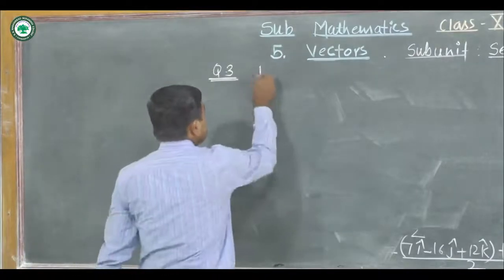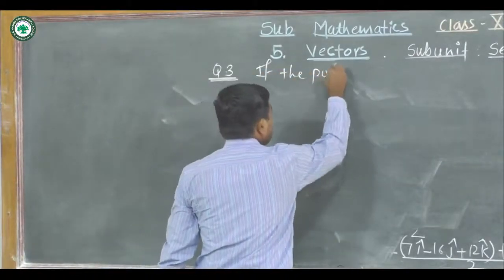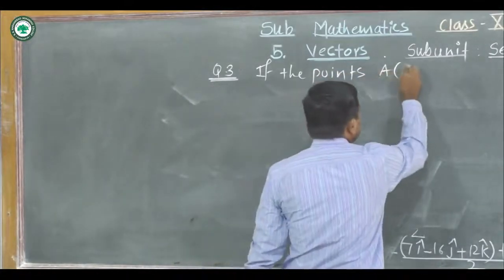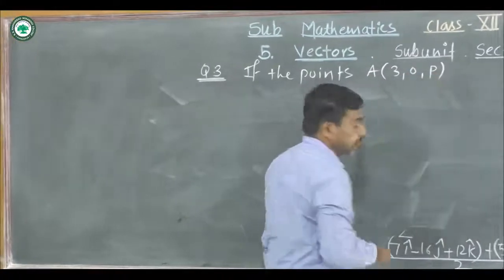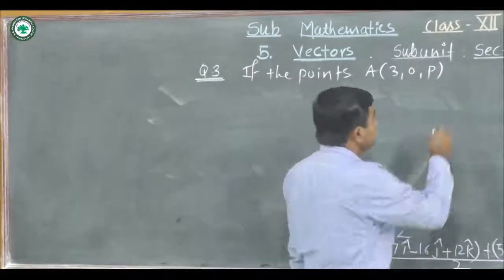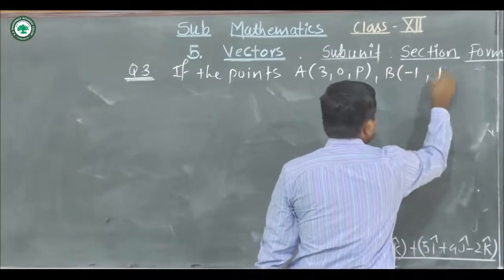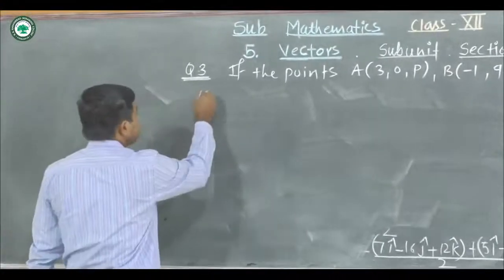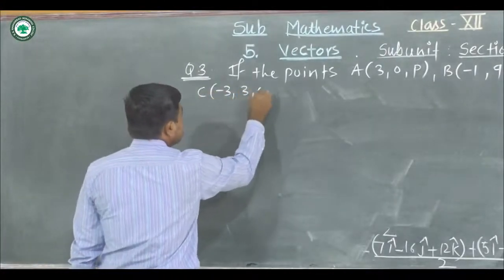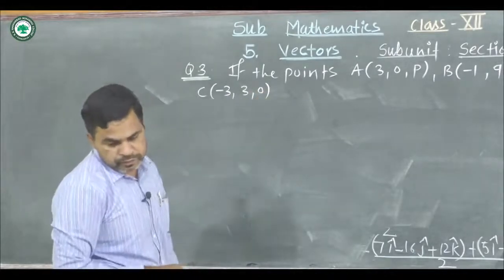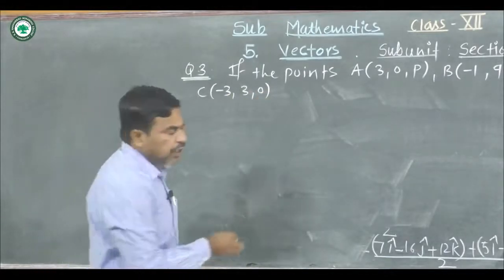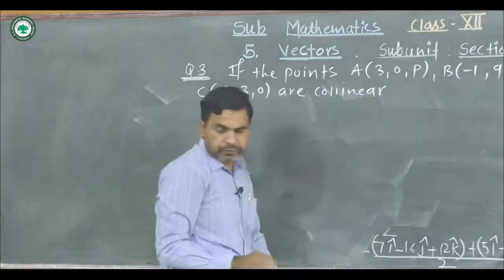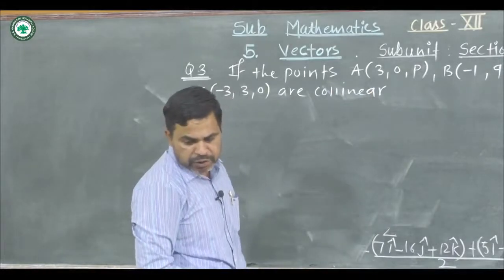If the points A(3, 0, p), B(-1, q, 3) and C(-3, 3, 0) are collinear, then find the ratio,